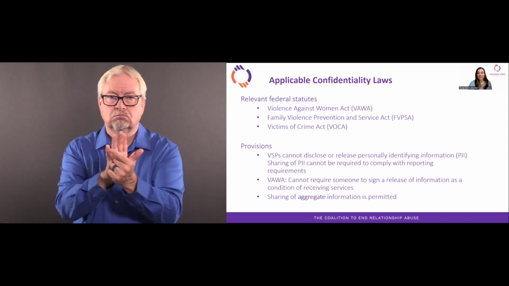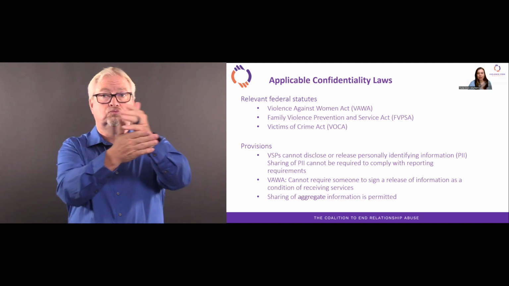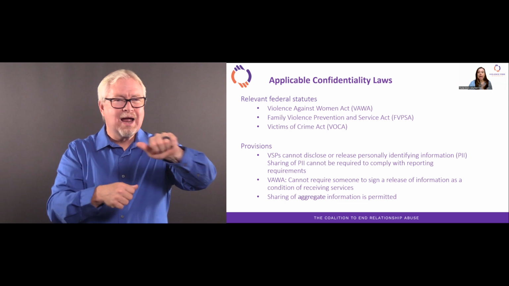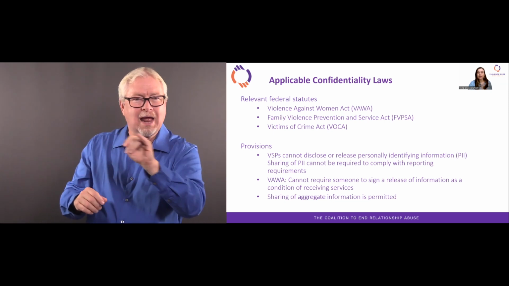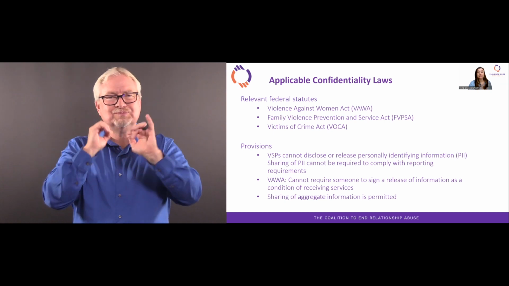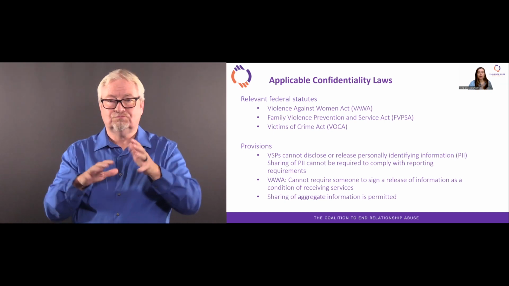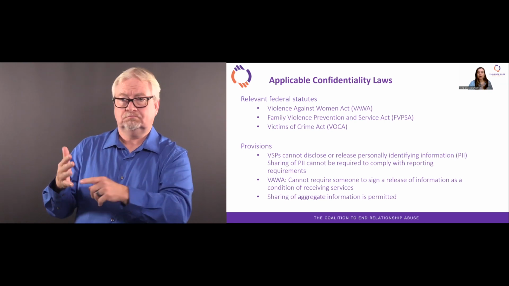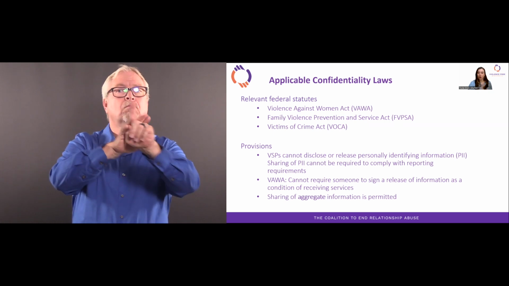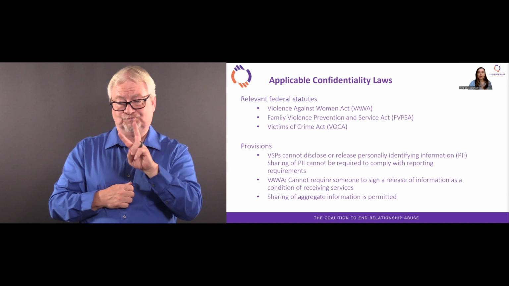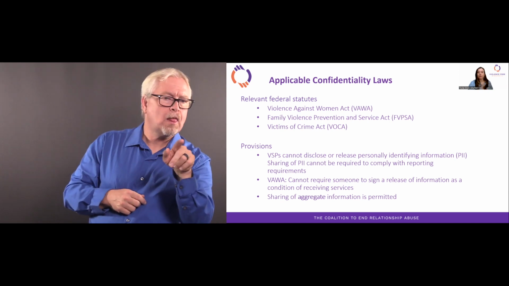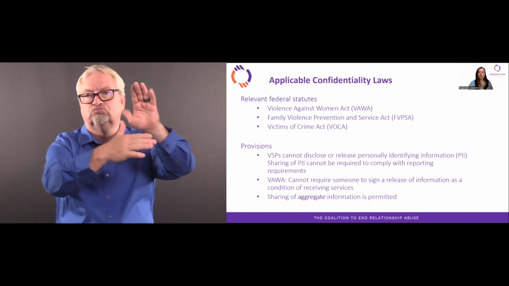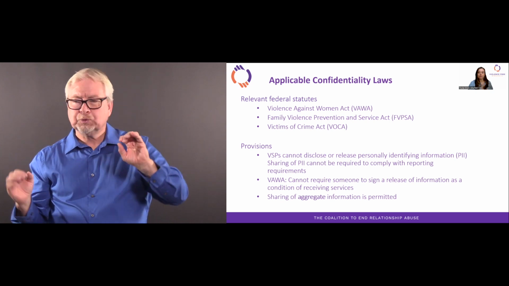The only information that can be shared is aggregate information, which by definition does not contain any data on individuals or PII. But it is very important to remember that although aggregate data does not include participant level data, it's possible that this level of data can show up in aggregate reporting. VSPs must carefully review their aggregate reports before sharing them to ensure that they do not include any PII.